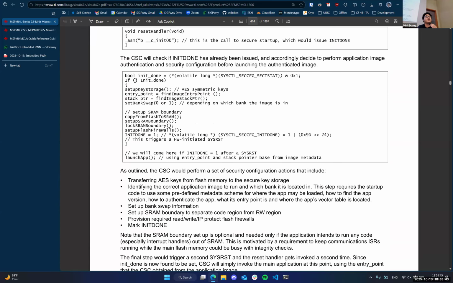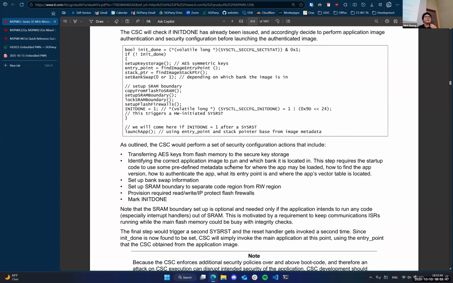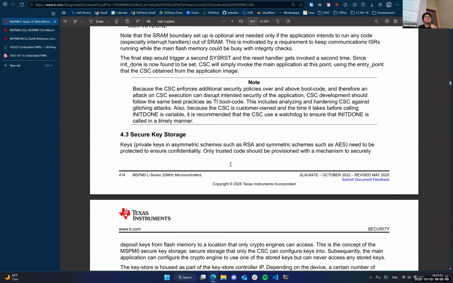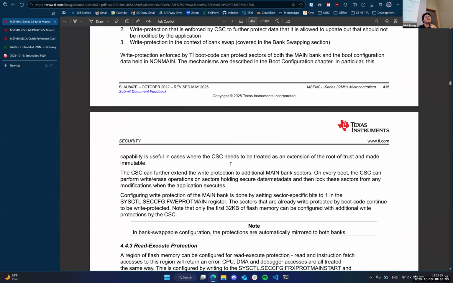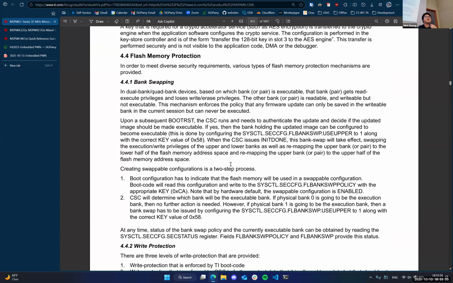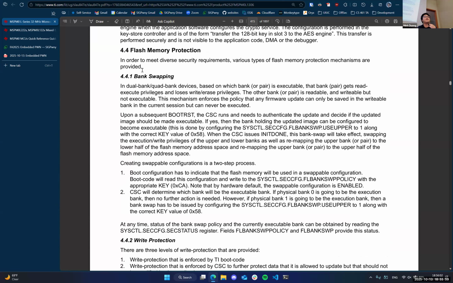Yeah, and they even give C code straight up for programming it, which is wild. I would never expect to see code in my user guide. That's cool, with Analog Devices. And then they even have things like flash memory protection. This is pretty much a given, but